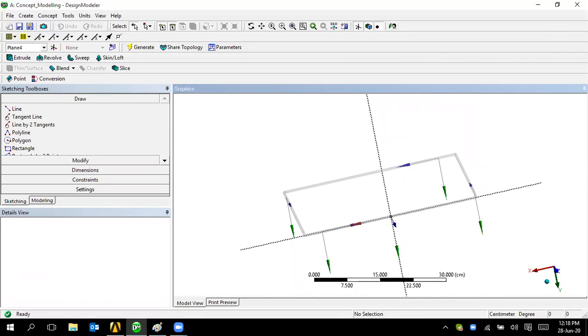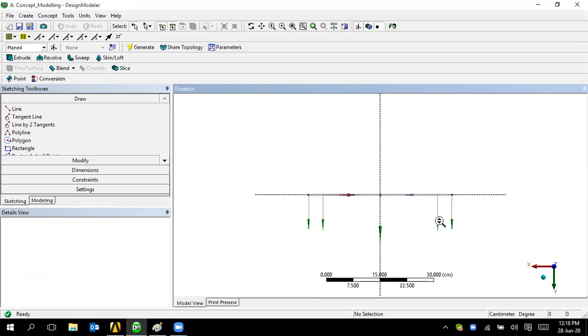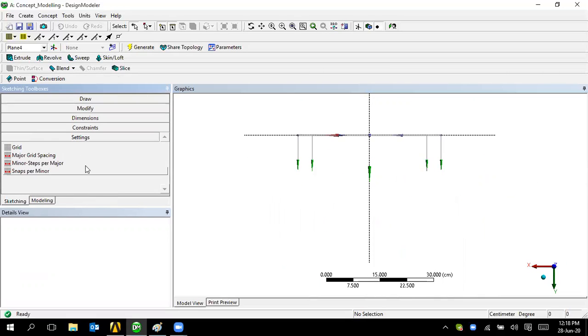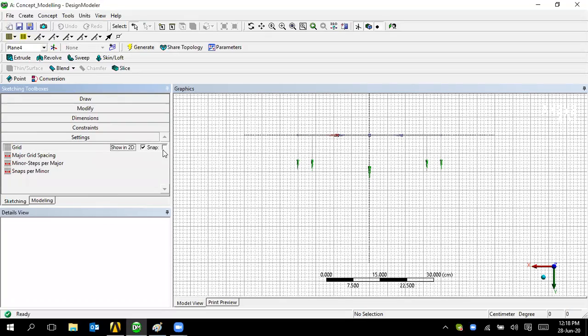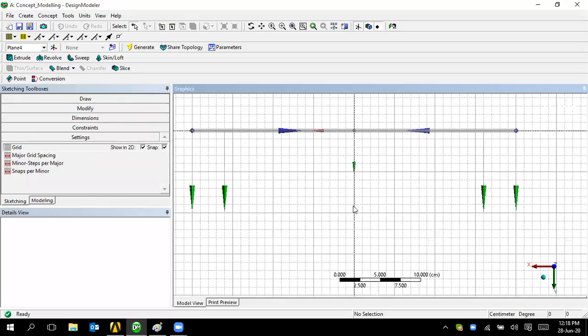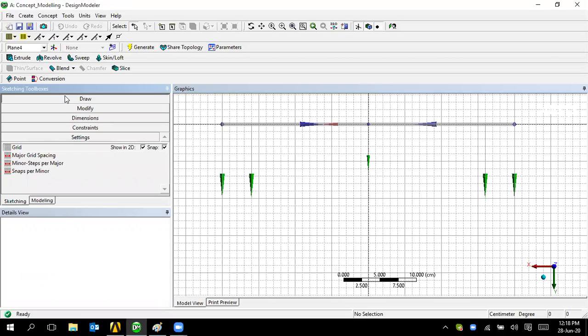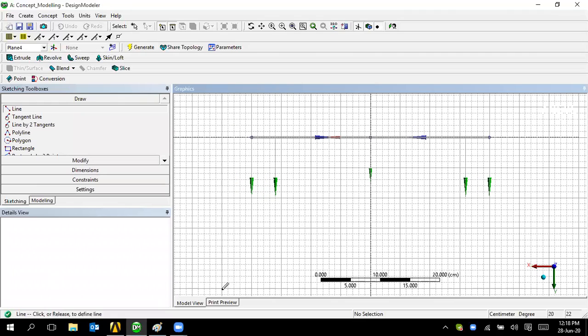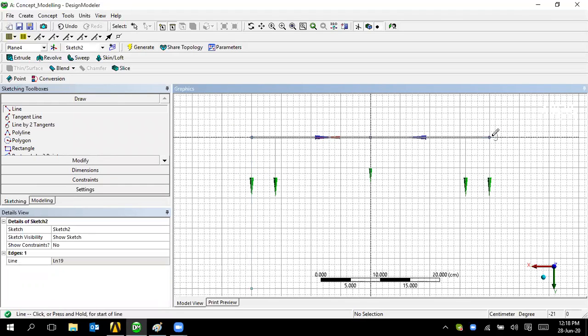Use snaps, 2D and snaps. So line, select from this to the end, that is 80 centimeter, right? And similarly from here to here also 80 centimeter, right?